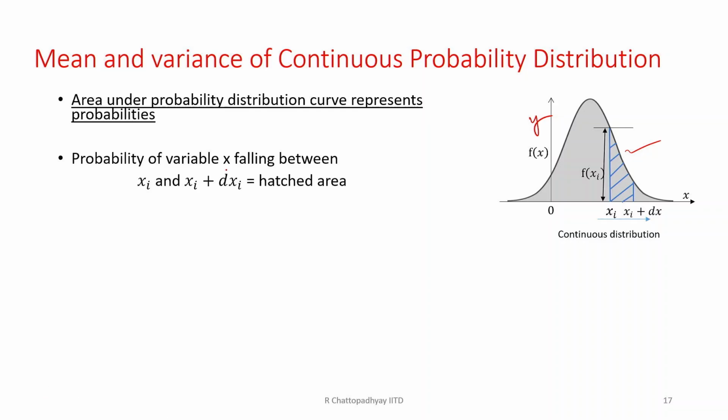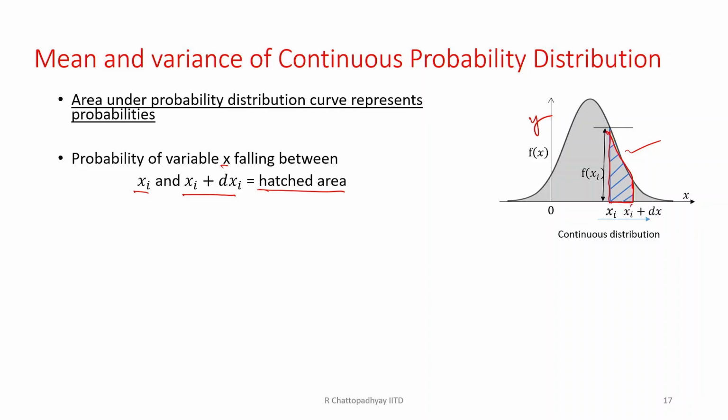So the probability of the variable x falling between xi and xi plus dxi is shown by the hashed area. That is the area shown by these blue inclined lines. This area is basically the probability that x is going to take values between xi to